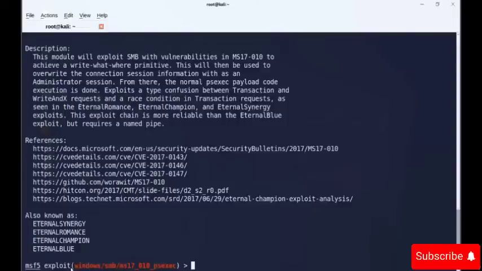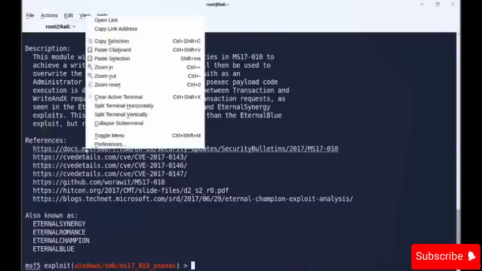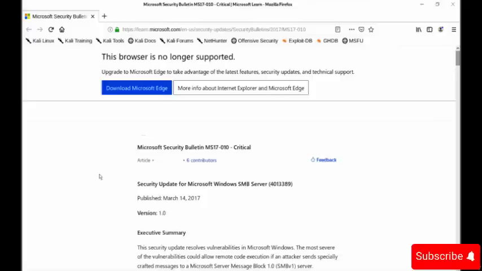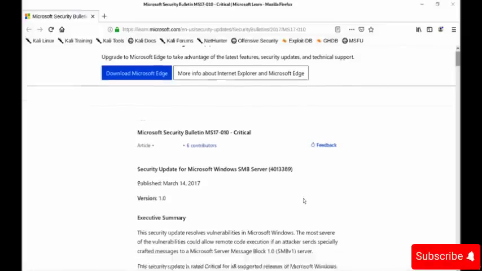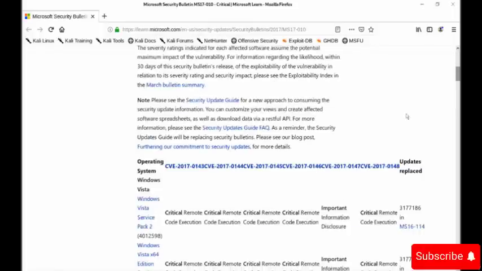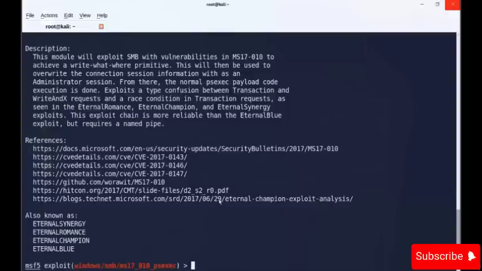Okay, now the next step is critical to our remediation. Here you can see references. So we will open the first reference. Simply right click on this link and click on open link. Okay, so here you can see that some Windows systems that have not been patched or secured or hardened will have a critical vulnerability in this case, right? You can read all the details here. So just scroll down. Okay, let me go back to the terminal.